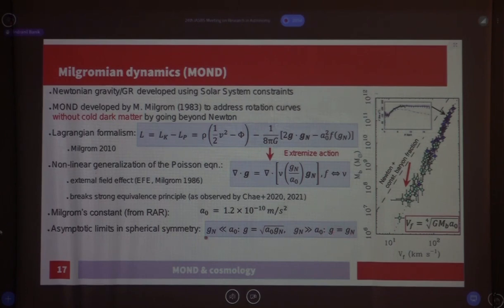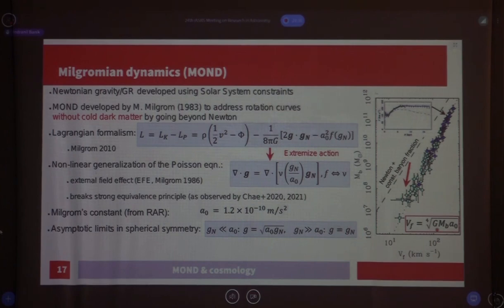But if the Newtonian gravity is much weaker than a0, then asymptotically you get that g equals the square root of a0 gN. Now, if you have a point mass in the center, then gN would equal GM over r squared. So you get a 1 over r force law, and that would lead to a flat rotation curve, because if you equate the 1 over r force law with v squared over r, that is what would happen. That means you can explain the flat rotation curves in MOND. But there is another important aspect to this, which is that the rotation curve is predicted to be exactly this much. So M_B is the mass of stars and gas.